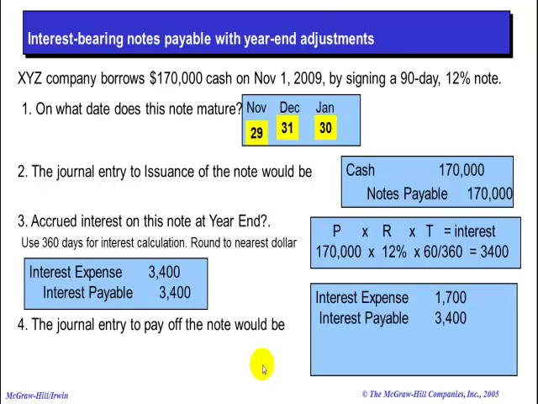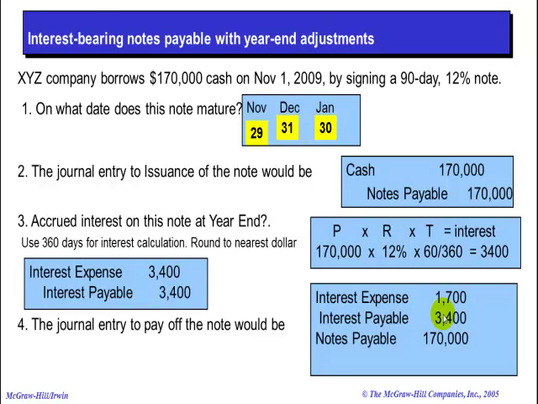We're going to debit interest payable for $3,400. That's this $3,400 here that we had set up as an expense last year and as a payable until we pay it off. And now we're paying it off on January the 30th, and we're going to get rid of that because we will no longer have a payable. We also want to debit notes payable, because when we pay this off, we'll no longer have that liability account on the books. And so all three of these pieces, the current interest expense, the interest payable that we'd set up as of the end of last year for 60 days, this is for 30 days, that's for 60 days,